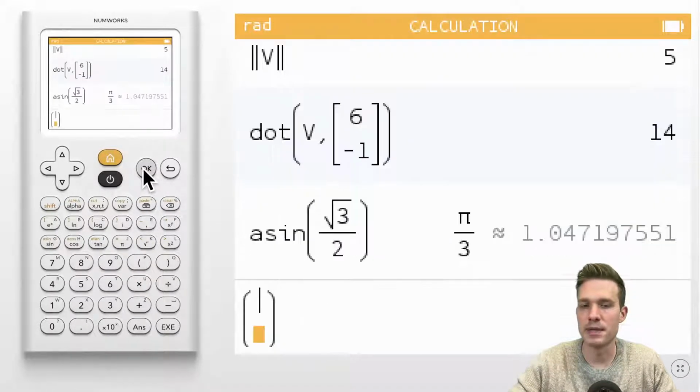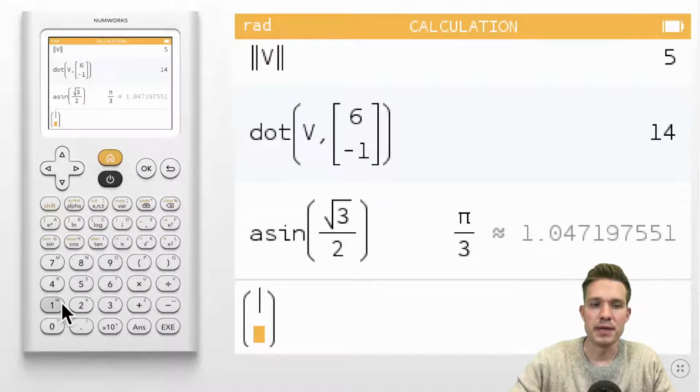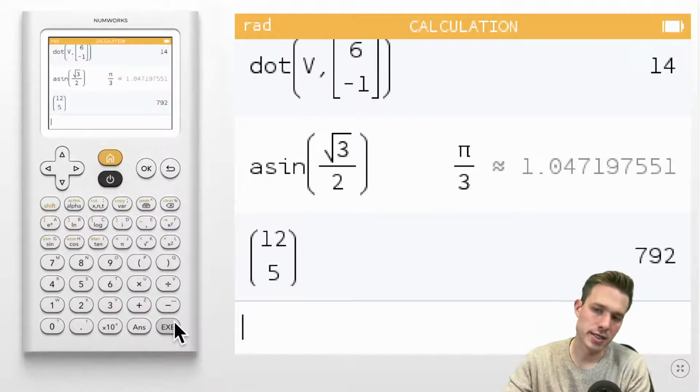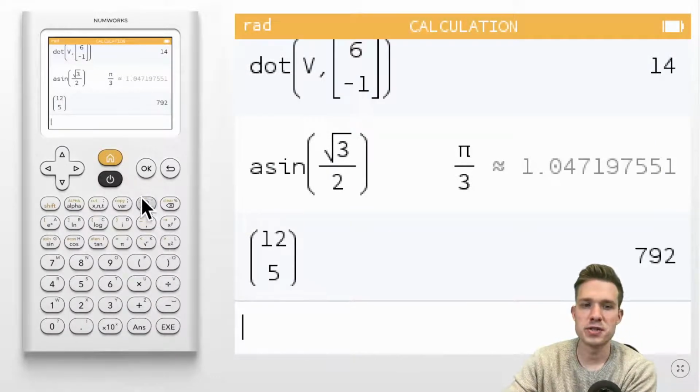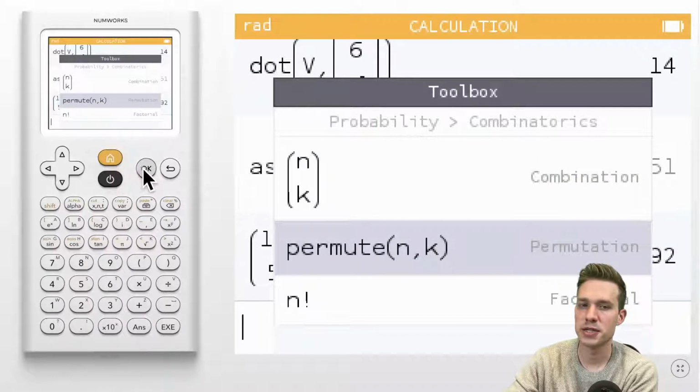So I can grab my combination in choose K. Again, we've got 12 people. We're choosing 5. And so we can see that number of combinations, or back in the toolbox, we've got permutations